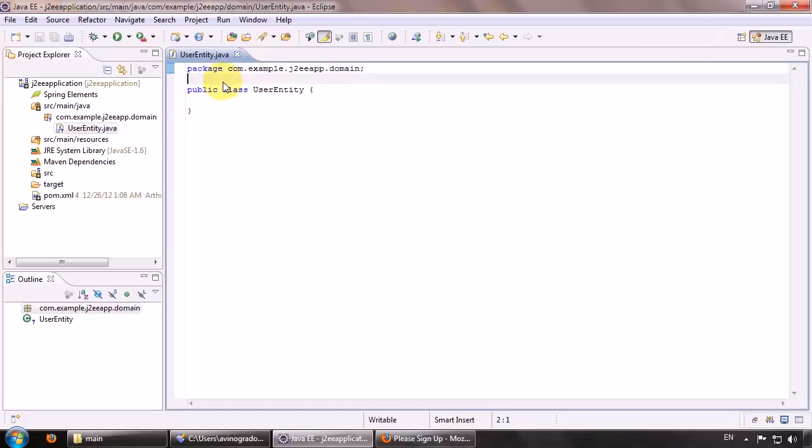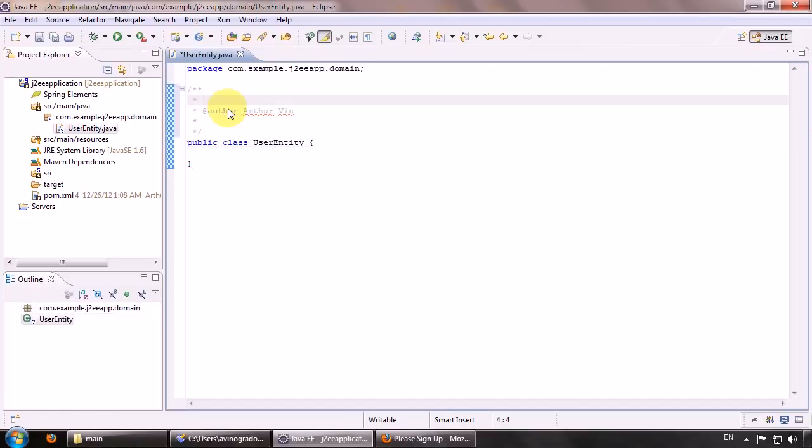By the way, let's create some Java documentation. It is also very good practice. And put some description here, like entity to hold application user data, like first name, last name,